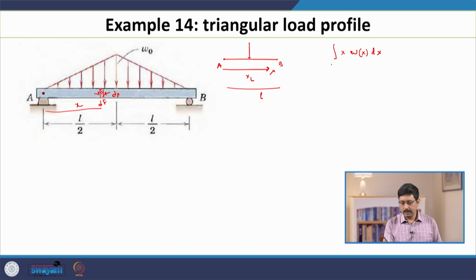Now, this integral goes from x equal to 0 to x equal to L. So, this is the total torque by the external force about the pivot point